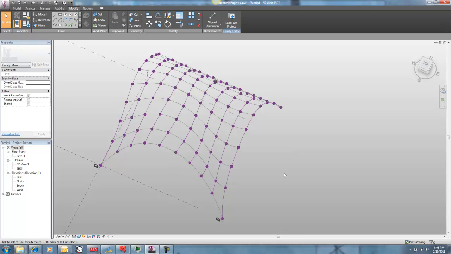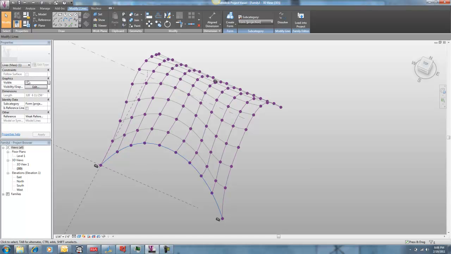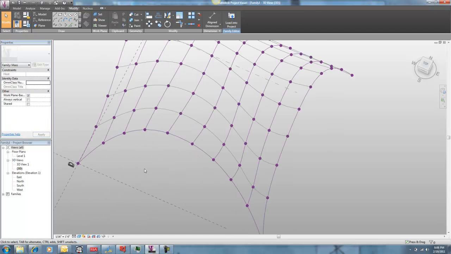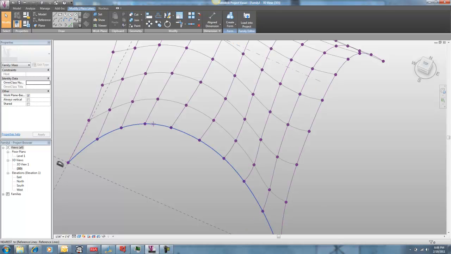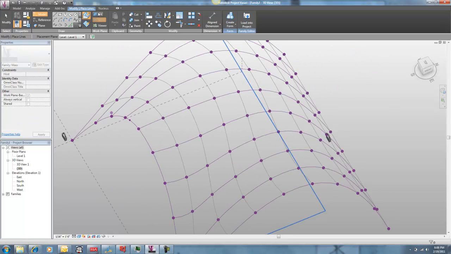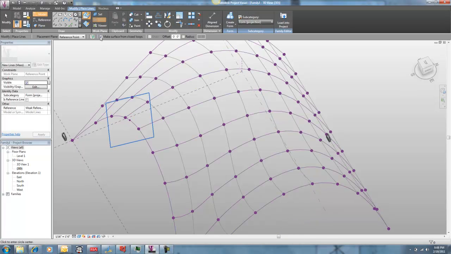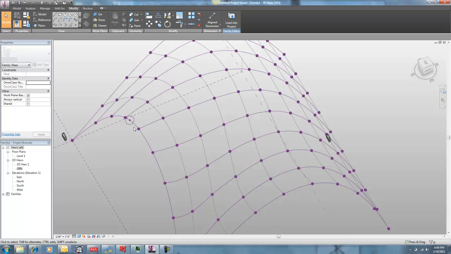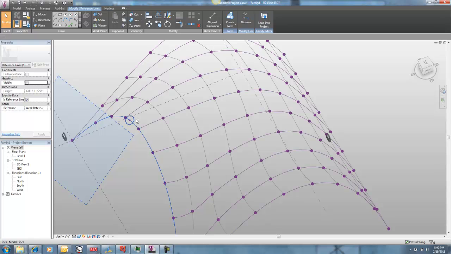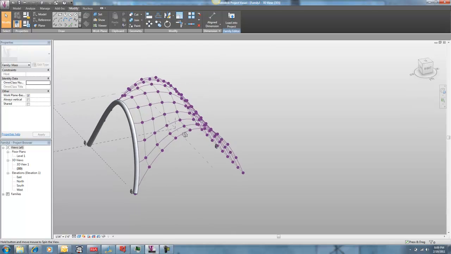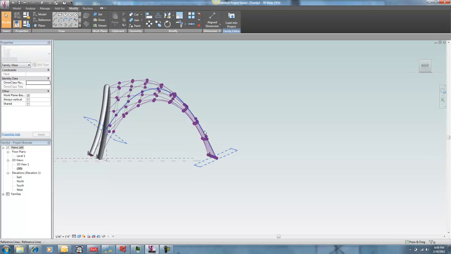The other thing that I can do is select a couple more of these lines. I'm going to make one more reference line, and I can start doing things like running a profile along there, so I can set the work plane at that point, and I can make a circle, and I'll go like that, and so I can get sort of a mullion along there, like that guy. And then I'll go back in and I'll make my surface again,